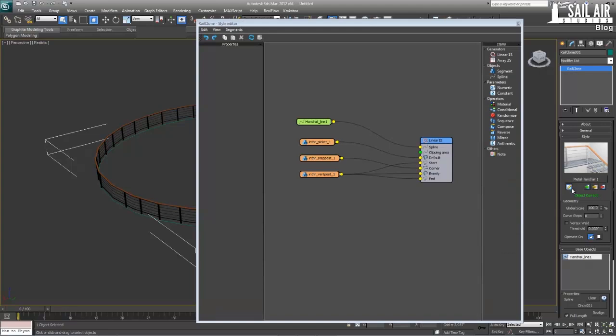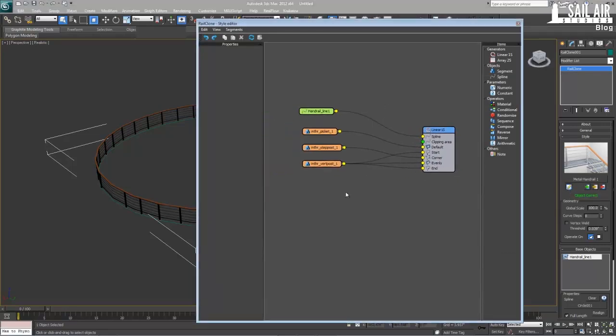You can see, if I open up the style editor by clicking this little editor button, this is what you'll be working in primarily. They have an object that is every one by default. They have an object on the corners. They have an object that is at the end and at the start. So what we need to do is create these models in 3ds Max as editable polys, and then we can set it up in this area